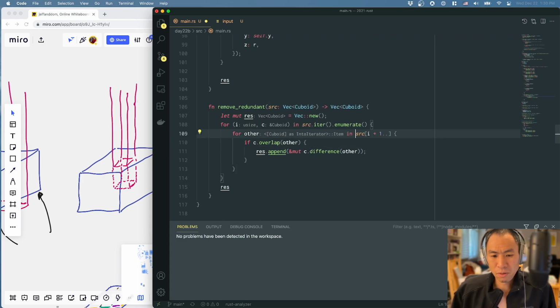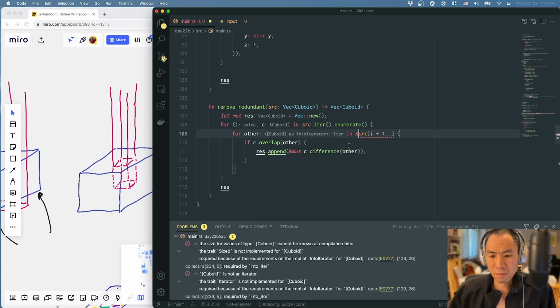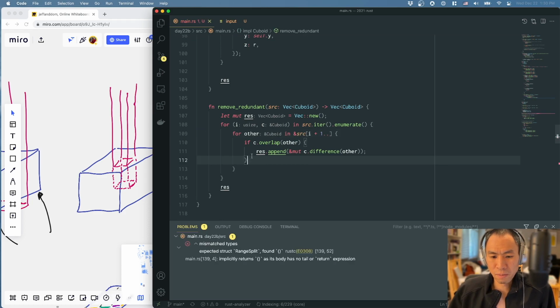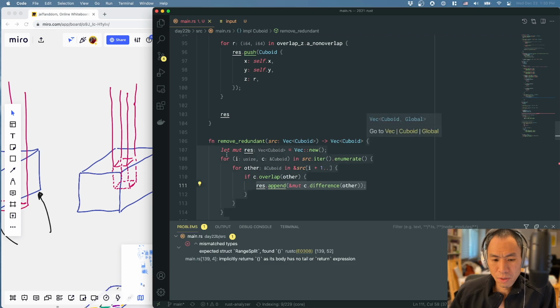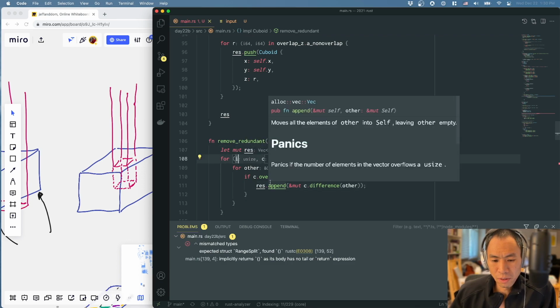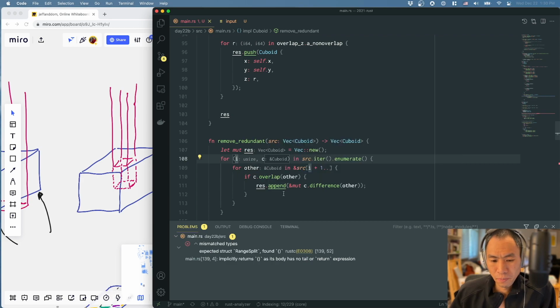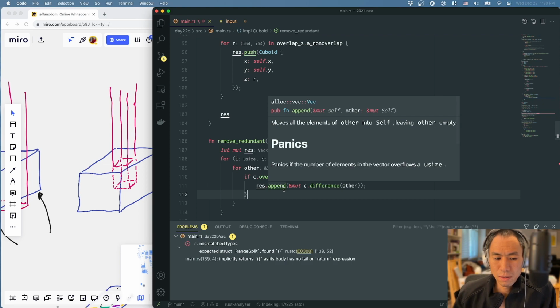Okay, so let me try removing this ampersand. Will it complain? It does complain. Okay, so this all does type check. Okay, so we can append this because we know that one of these volumes overlaps with another one. The problem with this is that we don't know